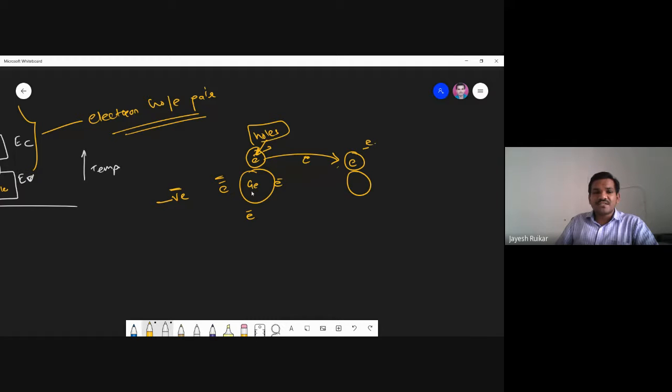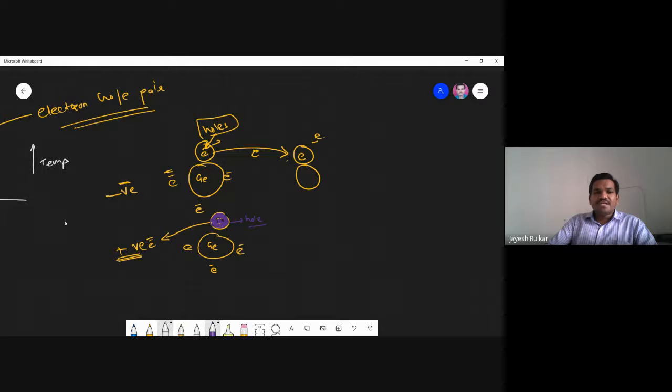Likewise, if you give positive potential to this particular atom, like a germanium atom, which has 4 valence electrons, it becomes a positive charge because of the potential. So these electrons start moving towards the positive terminal of the battery. If the electrons move towards the positive terminal, hole generation happens here. The hole is generated because the electrons start moving towards the positive terminal. Likewise, electron and hole pairs are generated.